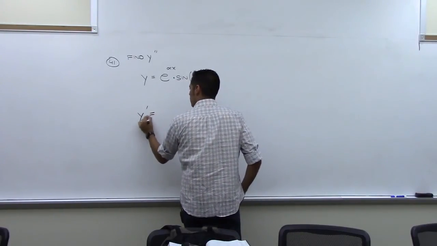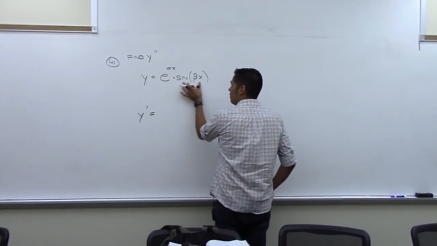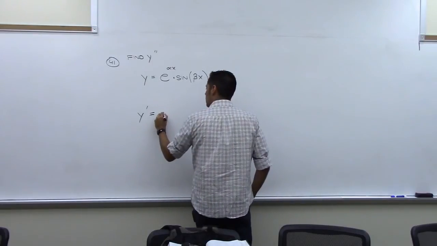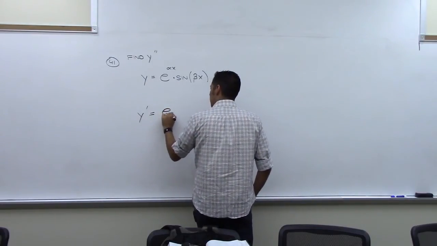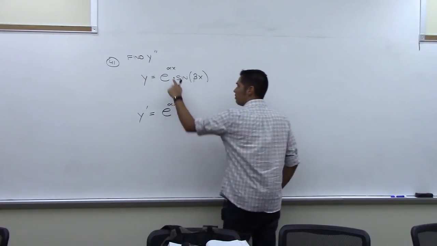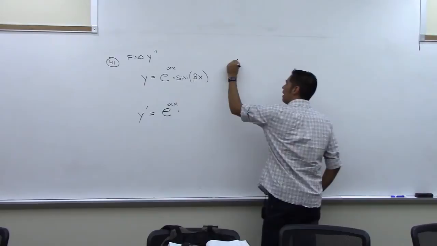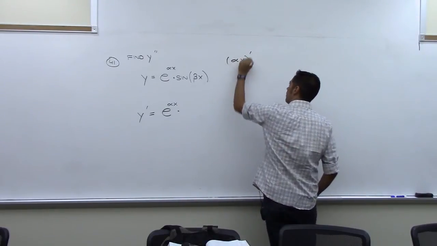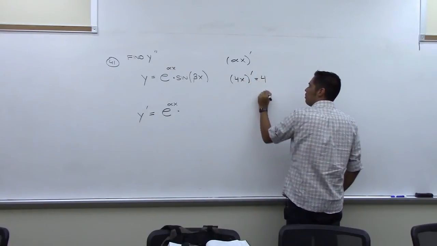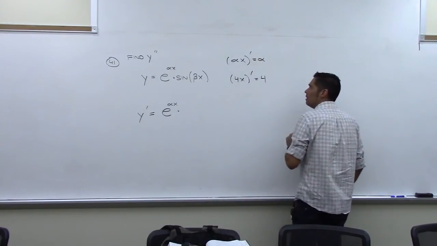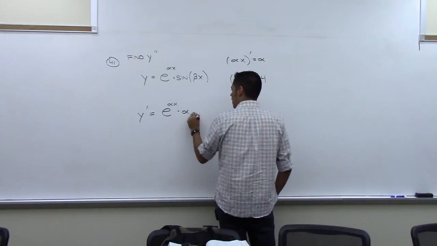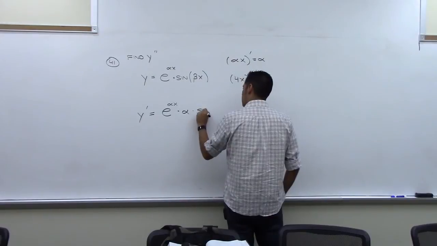So the first derivative will be the derivative of this times this, plus derivative of this times this. So derivative of e to the alpha x, well, derivative of e to anything is itself, times the derivative of what's up here. So remember, taking the derivative of alpha x is the same as asking what's the derivative of 4x? Here alpha is just a constant. So it's going to be alpha here. And then times the second function, sine beta x,